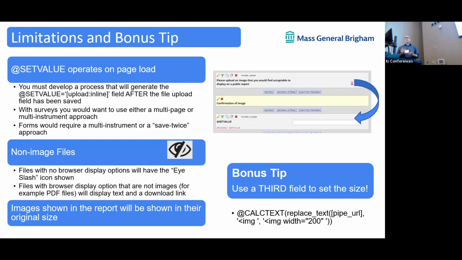Okay, what if you actually want your images to all be the same size? Well, now we have the bonus tip here, which is you can have a third field which uses the calc text action tag and this replace text ability, and you're going to replace that image tag with an image width equals 200 or height, whatever you want to do to your display. Okay, now I just threw at you action tags,